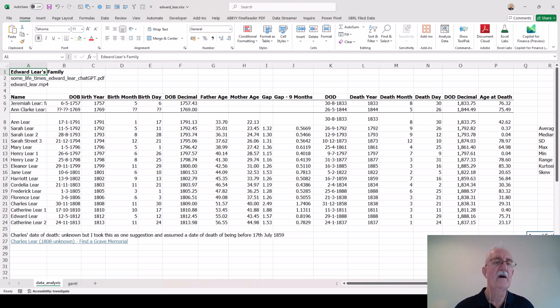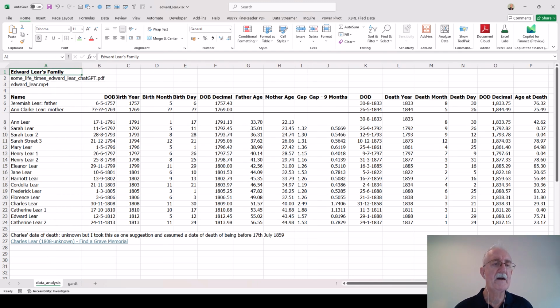Here's a couple of things. So he was born in 1812, Edward Lear. These are all the children, 17 of them, of these two people, Jeremiah and Anne Clark Lear. Father was born in 1757, Edward in 1812, as you can see, and he was the 16th of 17 children. The first thing to do with Excel is the date of birth. These are 18th and 19th century dates. Excel can't cope with them, so what I did was I presented them in this way, and then I converted